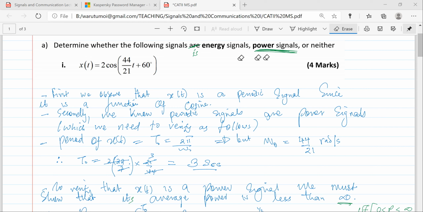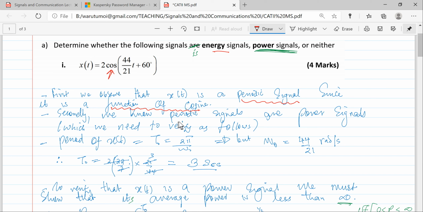We want to determine whether the following signal is an energy signal, a power signal, or neither. To do that, we observe this signal and see that it is a periodic signal, because any function of cosine or sine is a periodic signal. And secondly, we